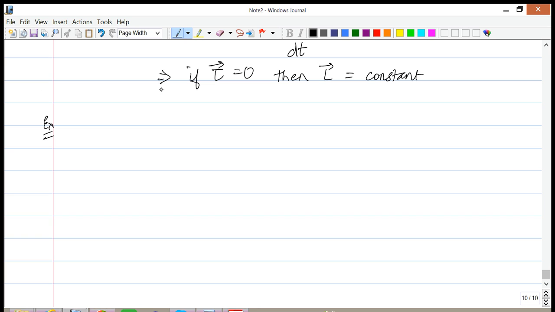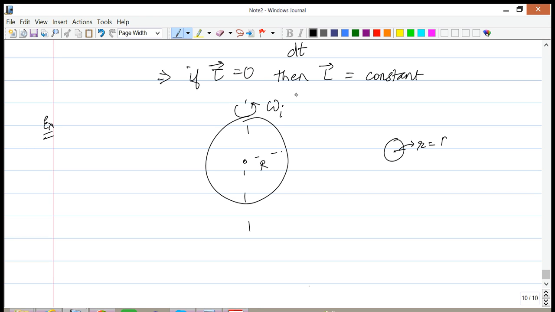So let's say that you have a star that is rotating, spinning about its axis, and let us say that it is spinning at some rate omega_i, and its radius is r. Now let's say that as the star dies, its radius becomes, just to throw some numbers out, 1/10 of its original radius. So this new r is equal to r divided by 10. And the question is, what happens to the angular speed? What would the angular speed be?